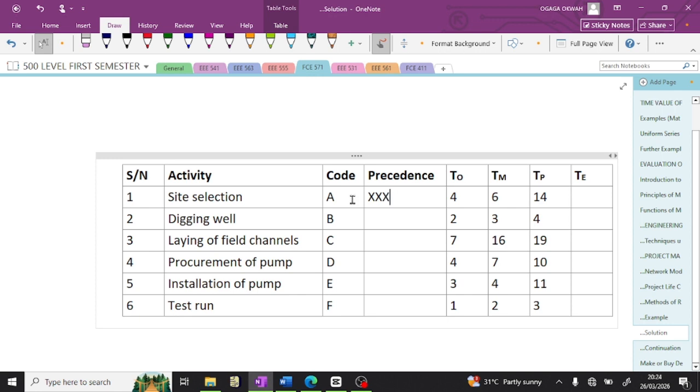Okay, so we want to start. We've been given the go-ahead, Abby. So we start with